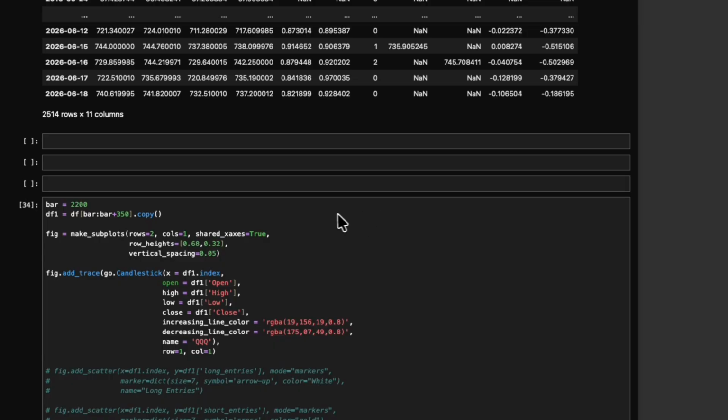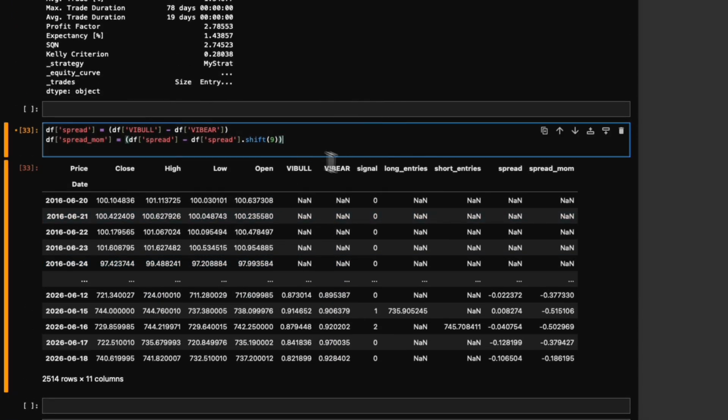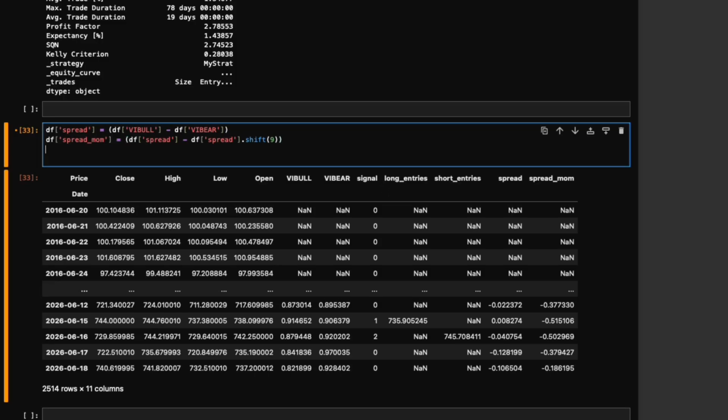So what we're going to do is take a rolling period of that. I'm going to create a third value in here, which is going to be our, I can't remember what we called it, but I think we call it just smooth. So smoothed spread momentum, basically. So our smooth mom, and that would be equal to